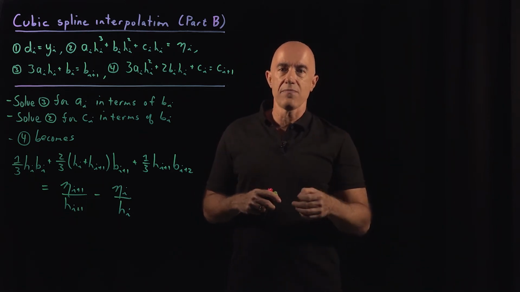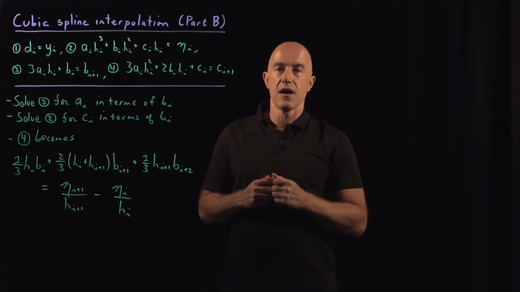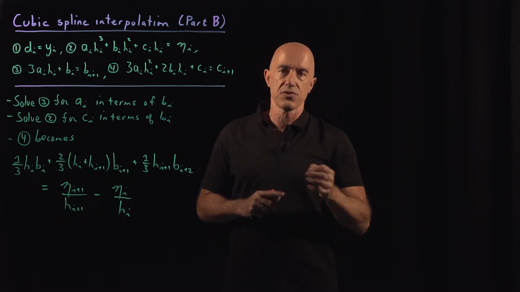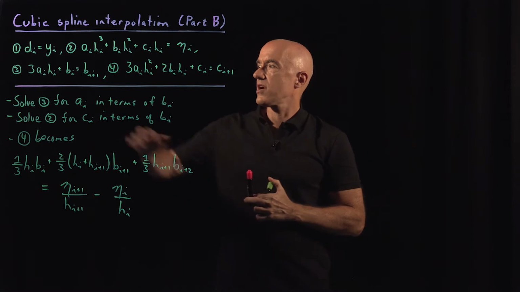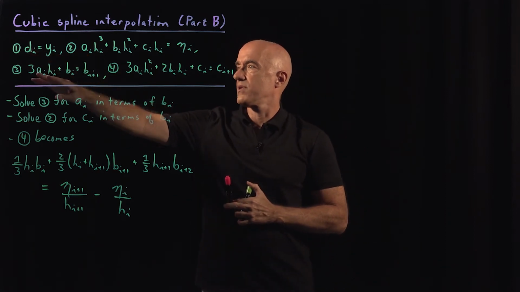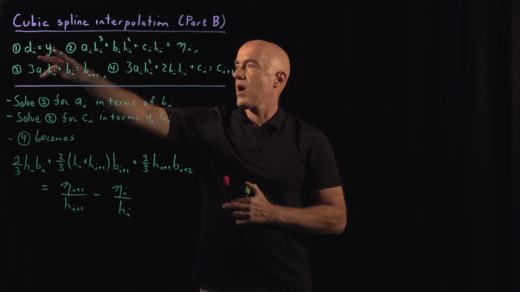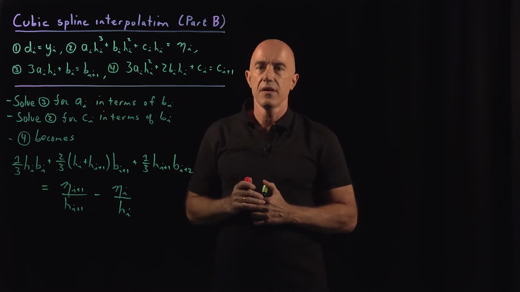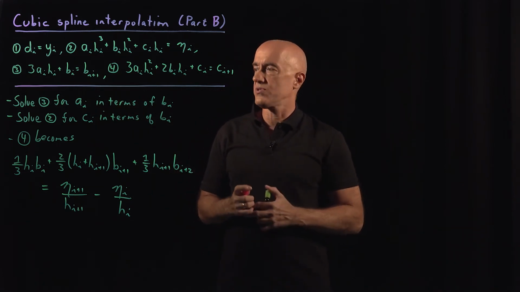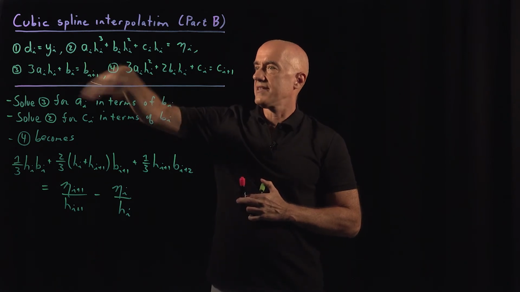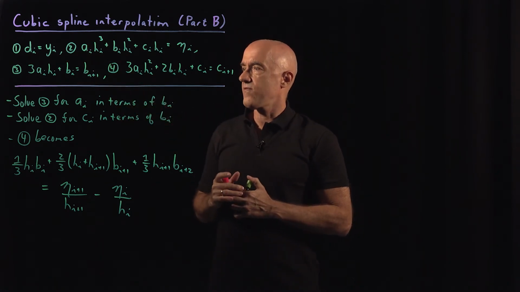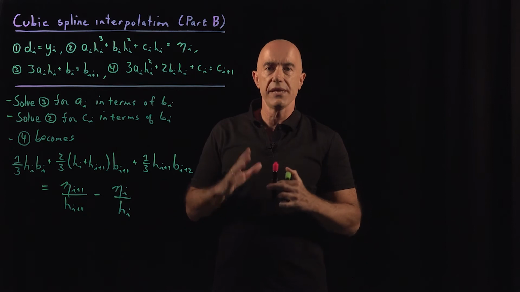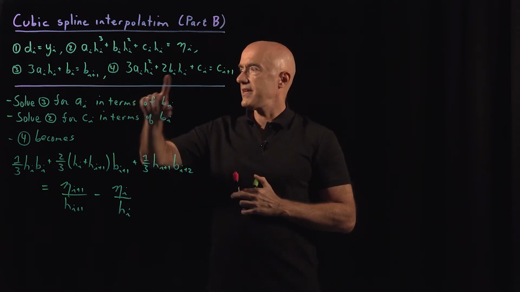When we did that, we have these 4n unknown coefficients, and we came up with 4n minus 2 constraints on them. Those are given by these four formulas: di equals yi, and then formula 2 and formula 3 and formula 4. We're still missing two constraints, but nevertheless, we can simplify these four formulas and boil it down into a single formula for the b coefficients. You can see how to do that.